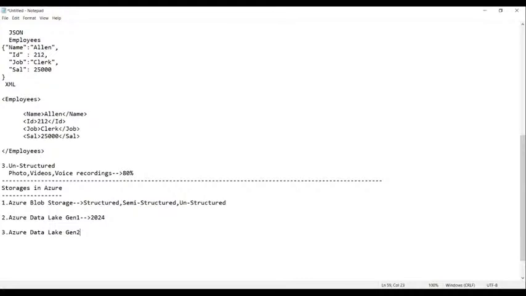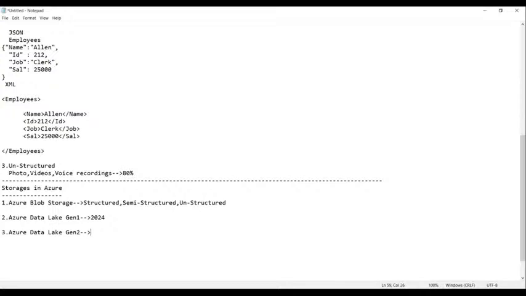Basically, Azure Data Lake Gen 2 also stores the data. What kind of data does it store? It can store any kind of data, but most of the time it is used for visualization purposes, that means for the purpose of analysis.